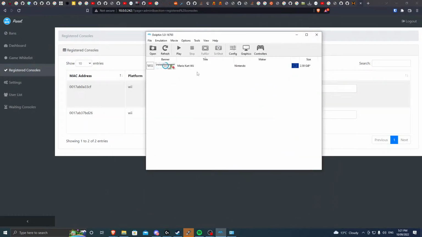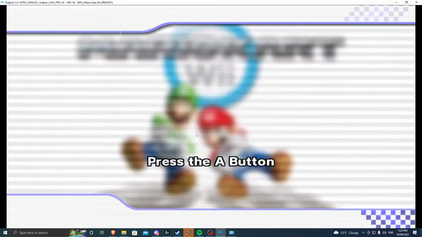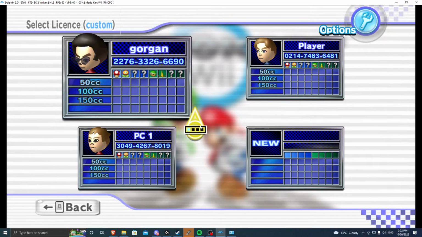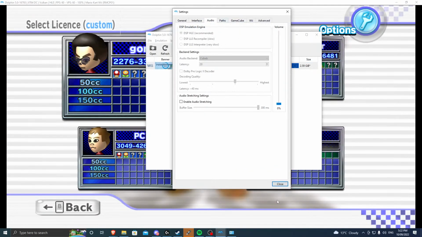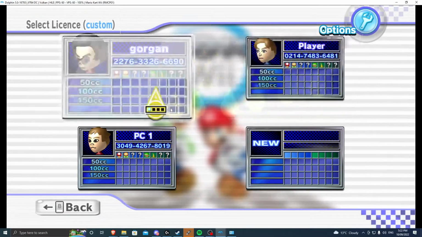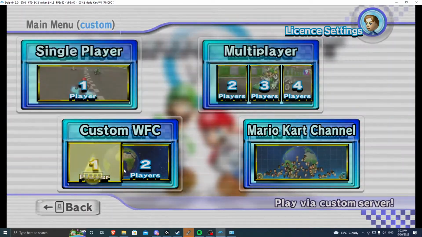And we can actually go ahead and open up Mario Kart Wii, and we can give this a bit of a test. So you'll need to patch your ISO in order for this to work, otherwise it's not going to work. Hang on. Just going to kill the audio. There we go. Alright, so basically, if we go like here, and then we go to custom Wi-Fi connection,